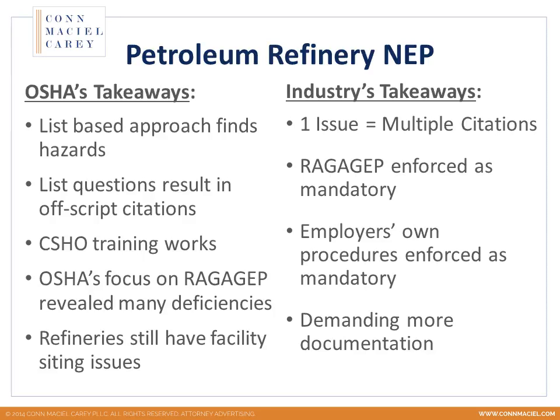The other is sort of a slightly modified version of OSHA's view of RAGAGEP, which is that RAGAGEP is basically being enforced as the law. OSHA, without going through rulemaking, has just found a way to treat industry consensus standards as mandatory. So it's important that you understand what consensus standards you are relying on and that you're complying with them, because if you identify one as the basis for your mechanical integrity program or other elements of the PSM standard, OSHA is going to hold you to the terms of that RAGAGEP as though it is the law. So understand that and make sure you analyze your programs accordingly.